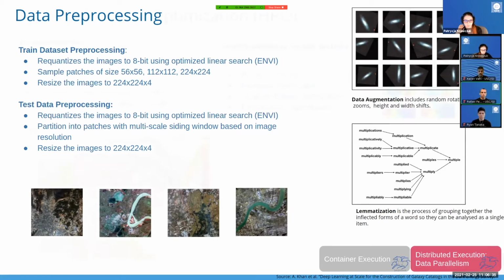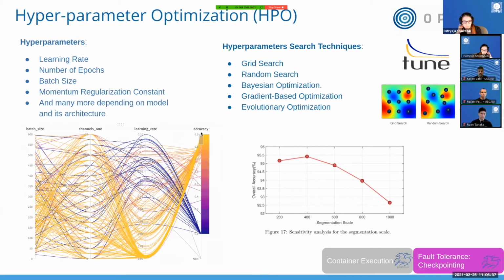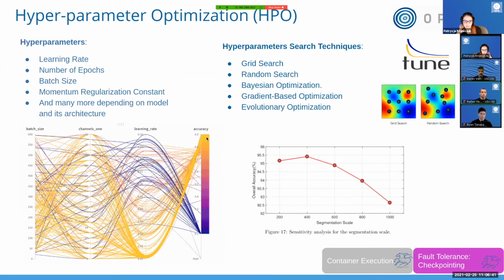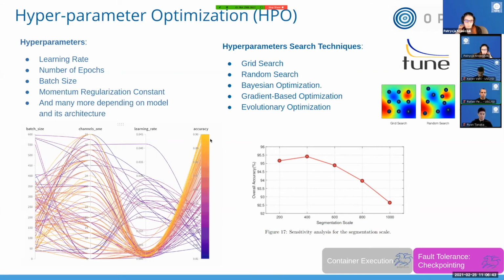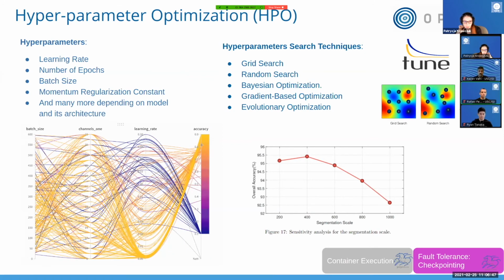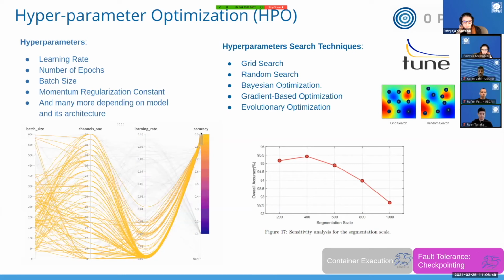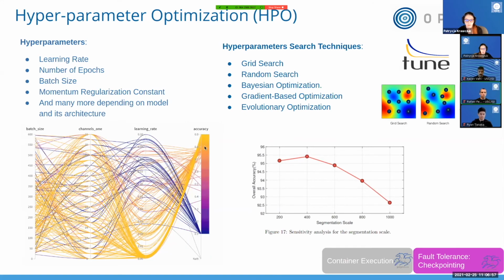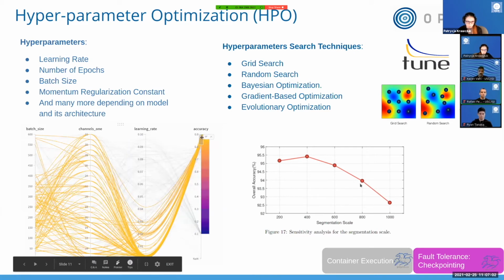Then we have hyperparameter optimization, where the researchers try to find the best set of hyperparameters to make their model perform with the highest possible accuracy. And in exploring different hyperparameters, here for this model, it was, for example, a segmentation scale, and we can see how the different level of segmentation leads to different overall accuracy of